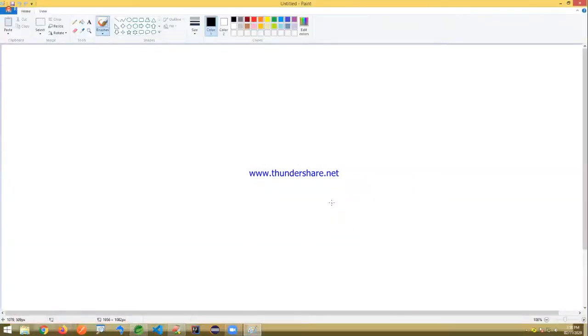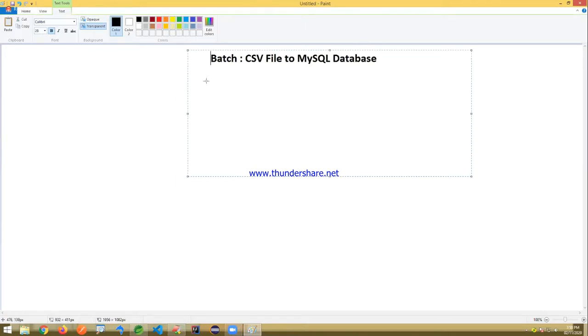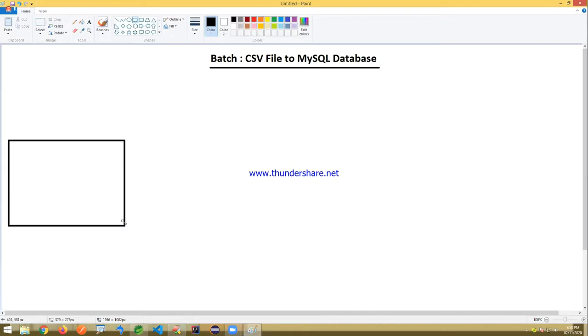Observe carefully. I'll show one application that is reading the data from a CSV file to a MySQL database. How to transfer this data, I'm showing here, concentrate. First of all, there is a CSV file available.